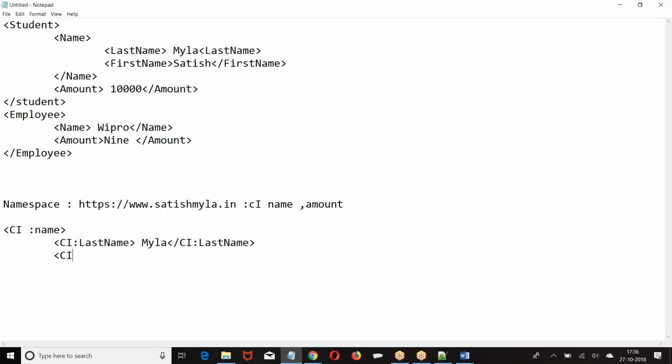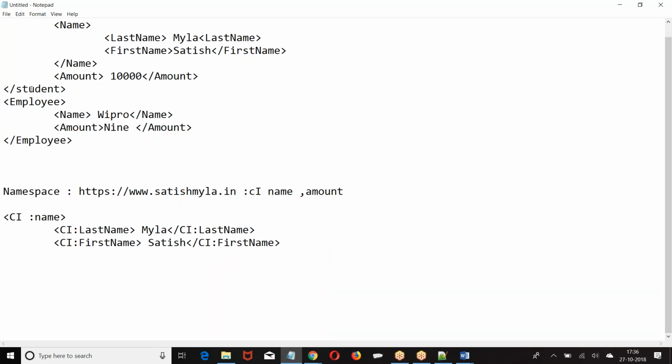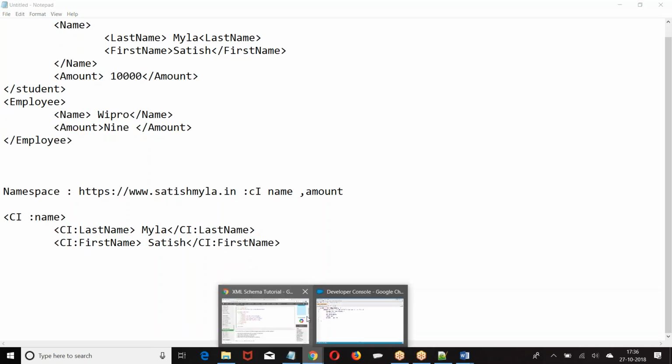Now, what does it mean? The definition of this last name, the definition of this first name is available in the name service called satishmala.in. Instead of writing https www.satishmala.in colon name, we are using this. Similarly, for employee also I am going to give this. Now, same story applies here.